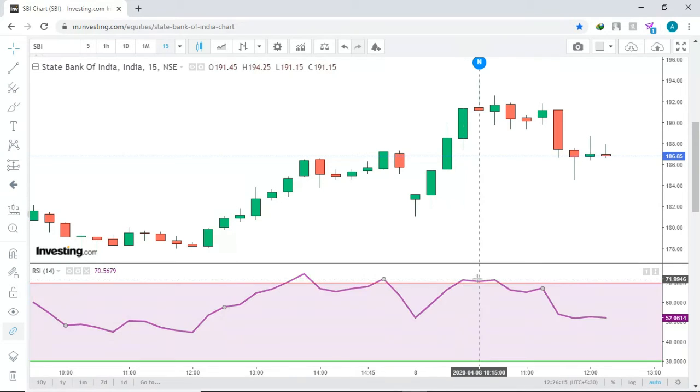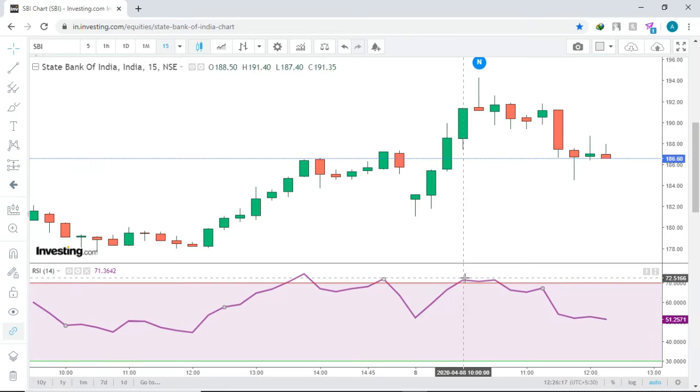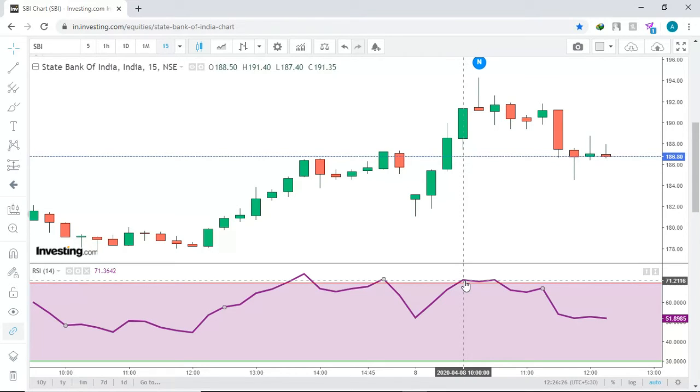As soon as it is overbought, most of the people think the trend is going to reverse and they'll always be in a hurry to take up a trade. So that's not what you do. You have to just wait for the moment when the graph will show you the weakness. So here it doesn't show any weakness at all. But at this point of time, when it comes to here, the stock price shows just a little bit of weakness.